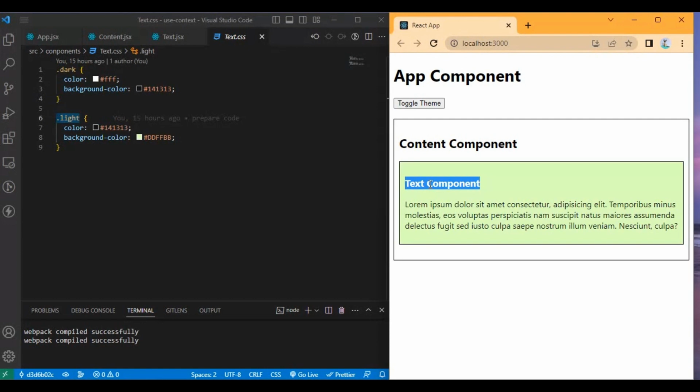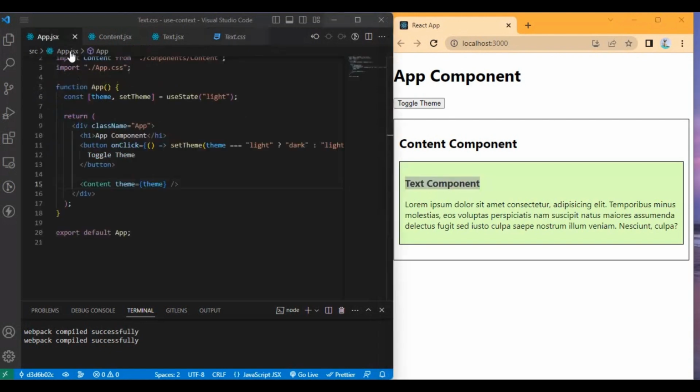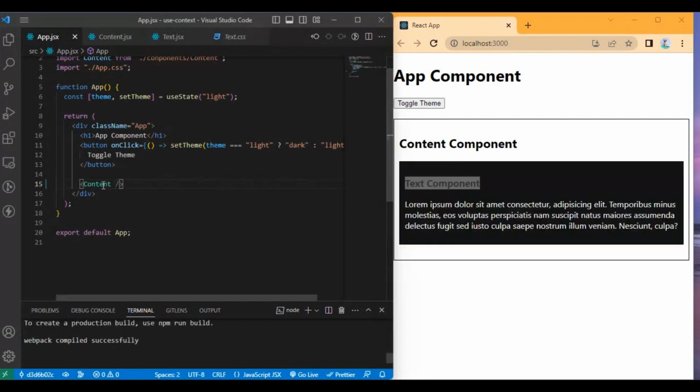First of all, I want to remove all props in my components, then apply the use context to my application.